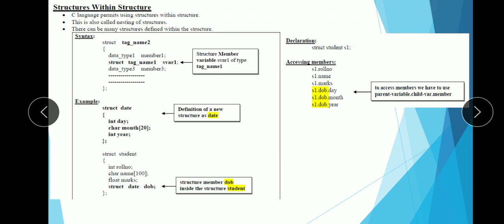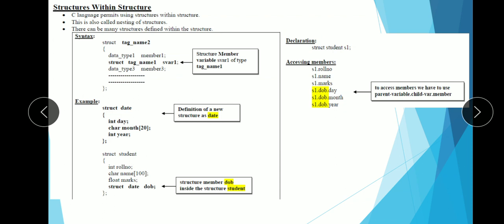That's why I have to say S1 dot DOB dot day. If I want to access day of the date, then I have to use the syntax like this. Through this particular structure, I am going to access the member of this structure. See how beautifully it is written. S1 dot DOB dot day.